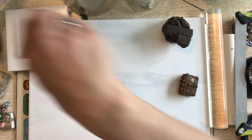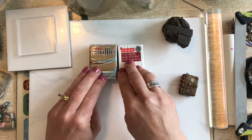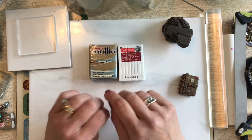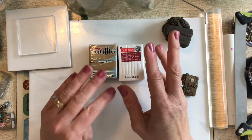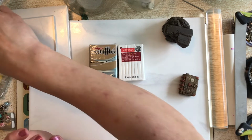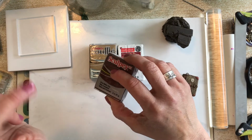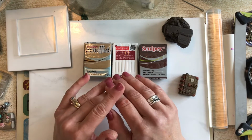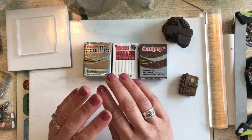Okay, so I'm going to talk as if everybody is a beginner to polymer clay. And in future videos, I won't talk about this again. I will, in fact, refer back to this video if people want to have the basics of polymer clay. So I'll only go through this once, and then we'll say that we've done it, and you can check that off your list. So polymer clay is a man-made clay versus clay that you may be familiar with, which is